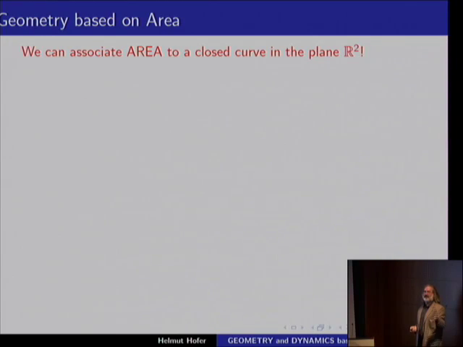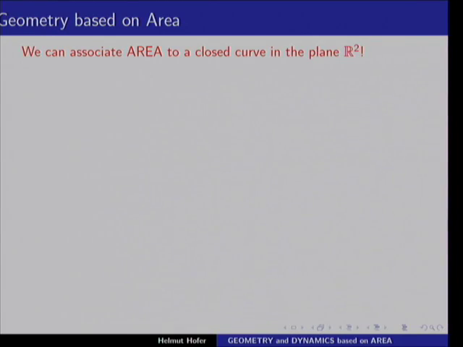The area can be positive, negative, or 0. But now we can generalize it to higher dimensions. If you're in higher dimensions, say here in the 6-dimensional space, so this here is a curve in the 6-dimensional space. So in 6 dimensions, a point, you have a coordinate system, which has, so if you are in the plane, we have a coordinate system with 2 numbers. If you're in the 3-dimensional space with 3 numbers. If you're in a 6-dimensional space, a point in the 6-dimensional standard space is described by 6 numbers.